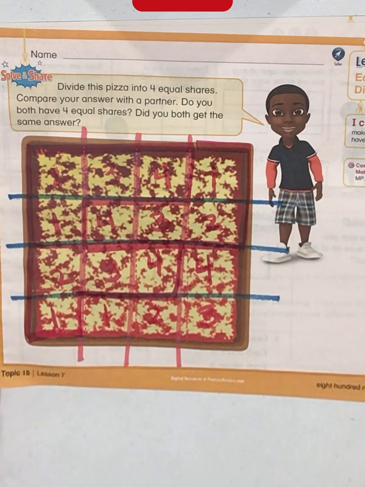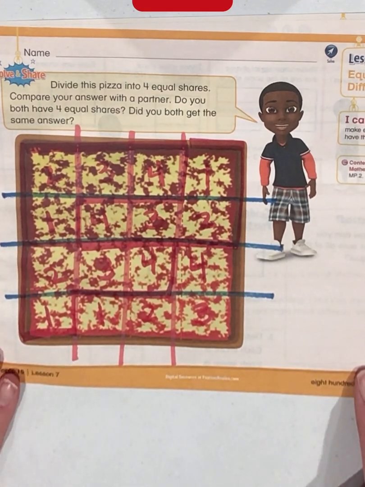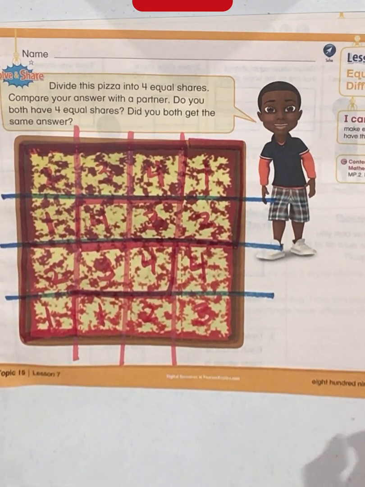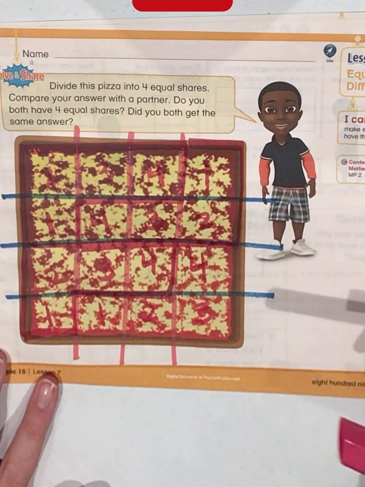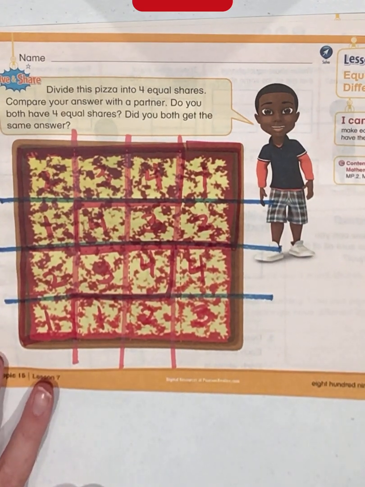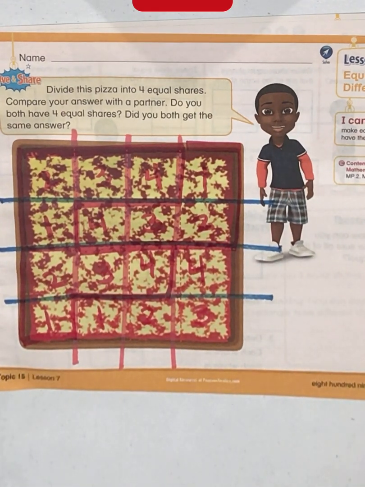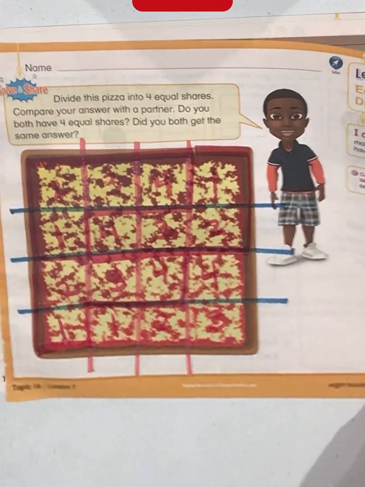Okay, so as long as each of your shares contains 4 of the equal sized smaller squares, then you did it correctly. So you don't have to draw all 3 of them that I just showed you. You pick one way, okay? So as we turn the page here,